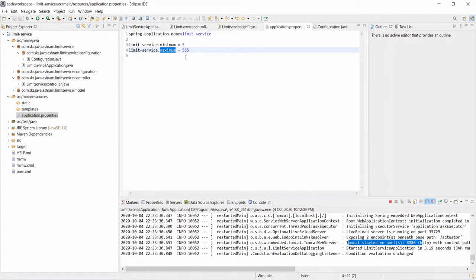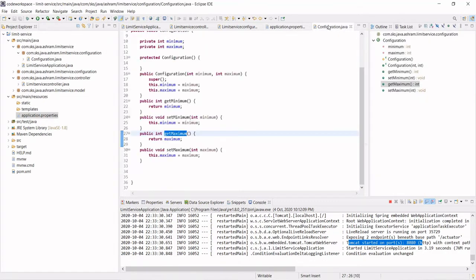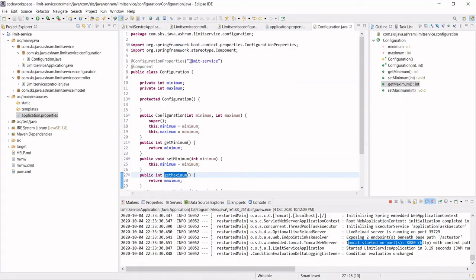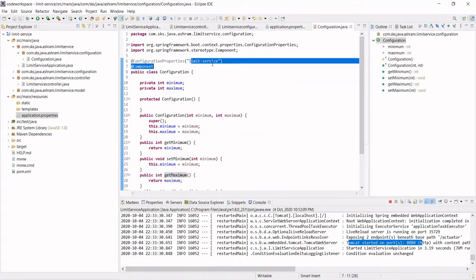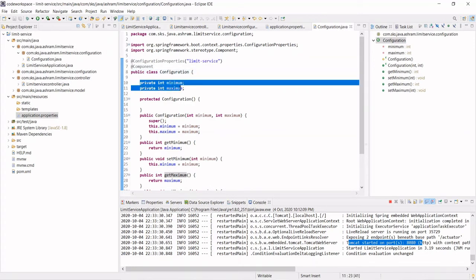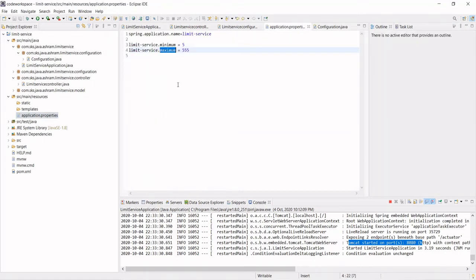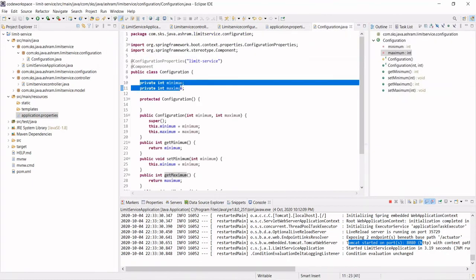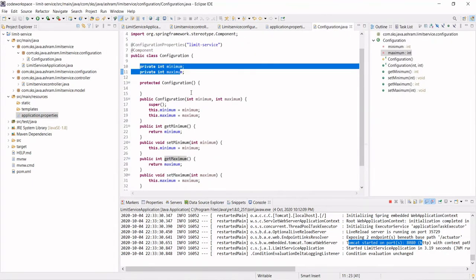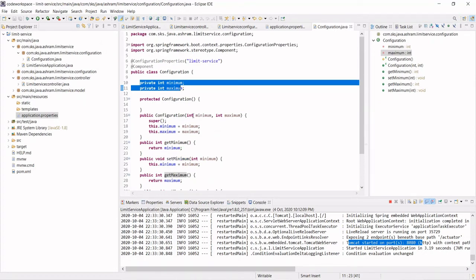Then we map this application.properties file into our configuration.java file. So here the prefix needs to be given in the annotation ConfigurationProperties. Thereafter you need to define all the variables that you require to retrieve from the application.properties file. The variable name should be exactly the same, with the same spelling. There should not be any spelling mistake. Then we created a getter and setter, that's it.